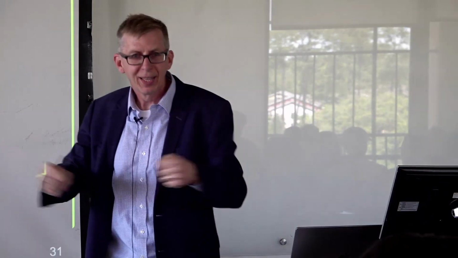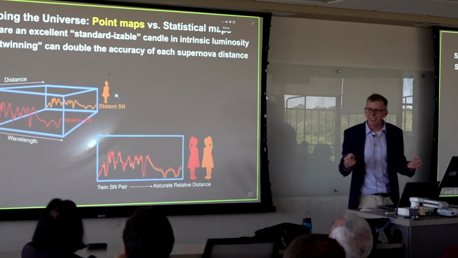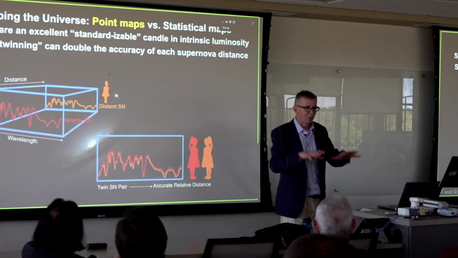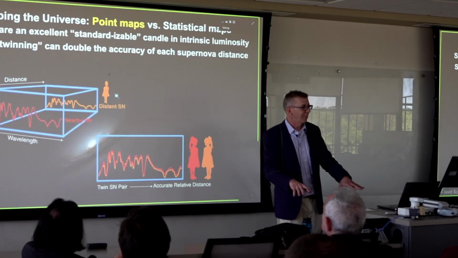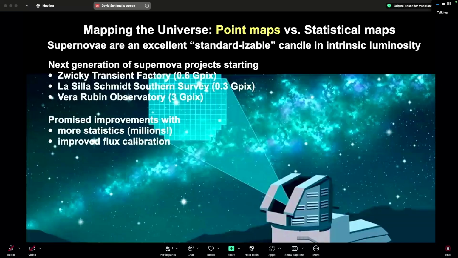And if you do that, then the standard ruler actually becomes twice as good. So in a statistical sense, it's 4 times more powerful. So you've really pushed down your measurement errors on these supernovae. That's pretty exciting. The other exciting thing is we're on the cusp of a new generation of experiments that will discover many more supernovae and take better data, the largest of these being Vera Rubin Observatory,